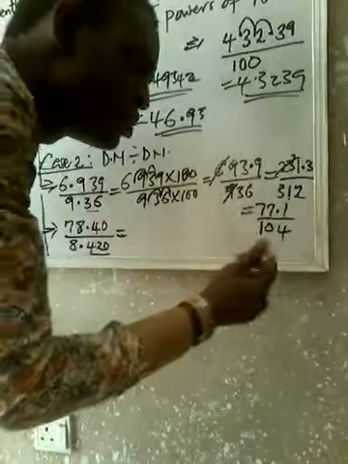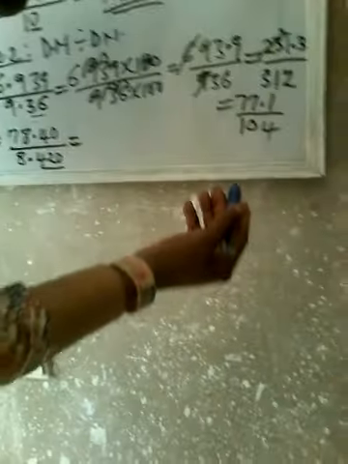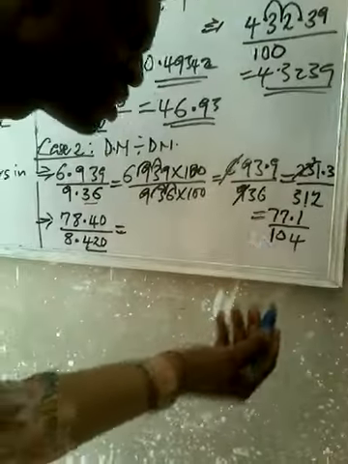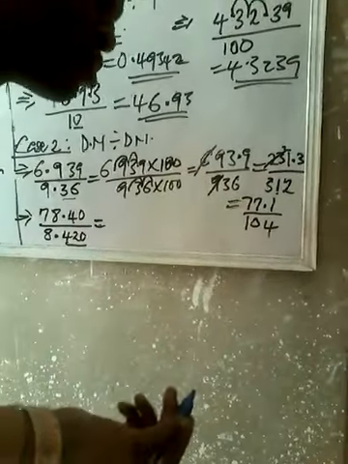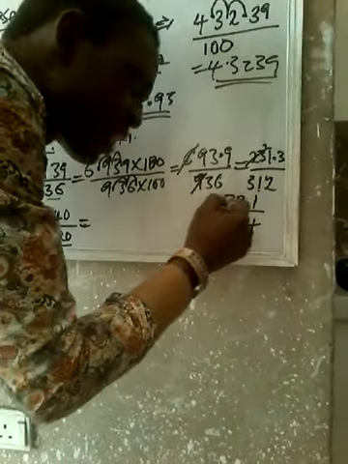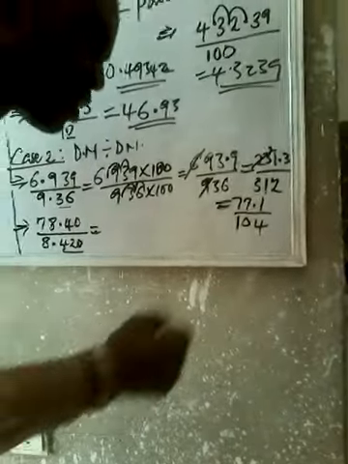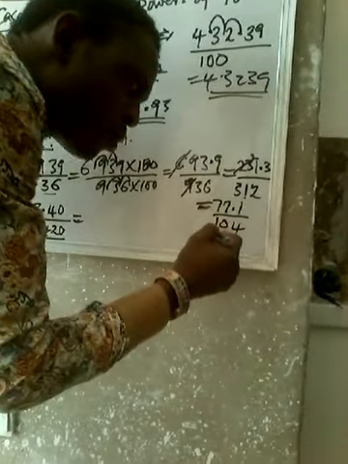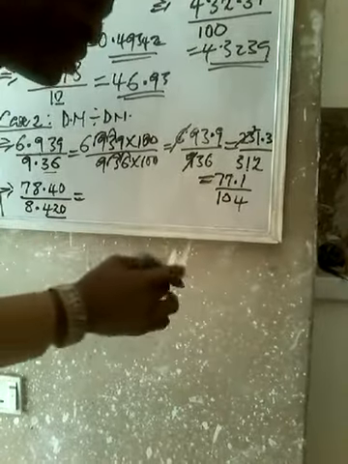If you add this together, you have 5. So there's no factor common to the two of them again, so you now have to make do by just going forward to divide. Now, 104 divided by 77, that is the whole number divided by the whole number that is down.